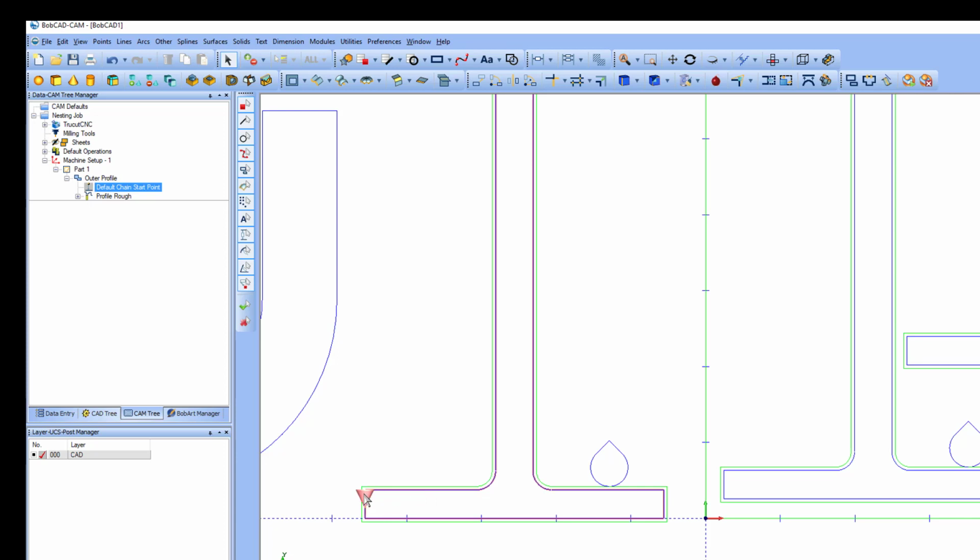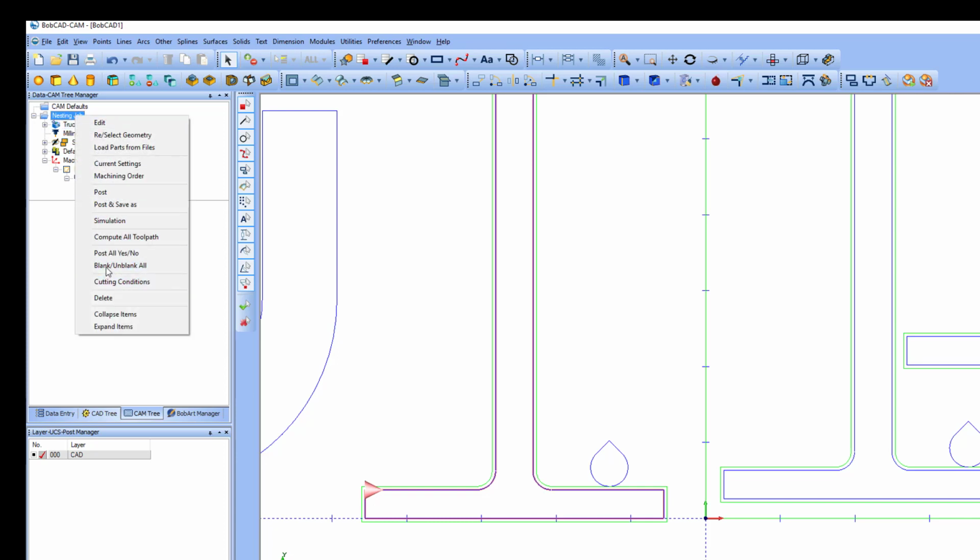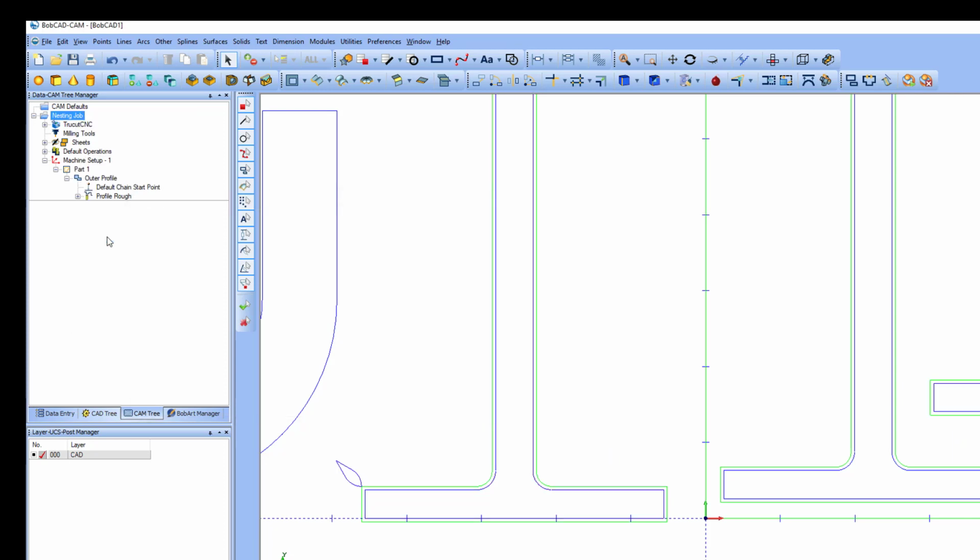If I did this, that's the wrong direction. I want the good part of the cut on the right hand side of the torch relative to travel. So that's how I want it right there. Then I'm going to come up here to nesting job, and I'm going to say compute all toolpath,